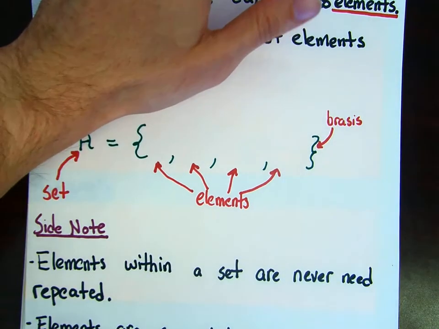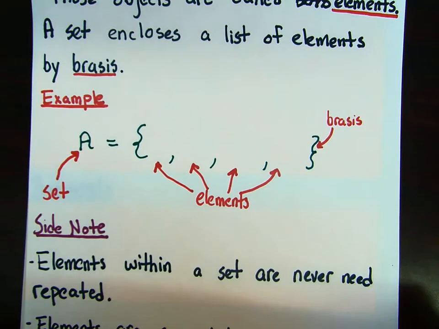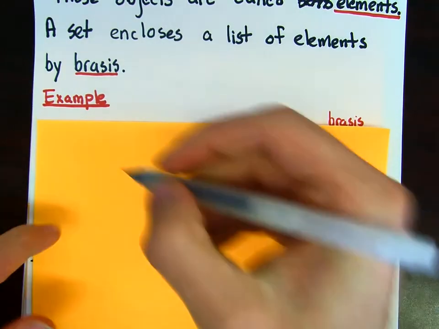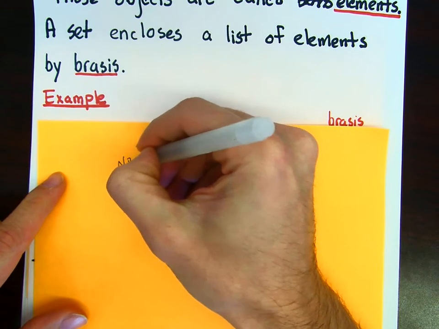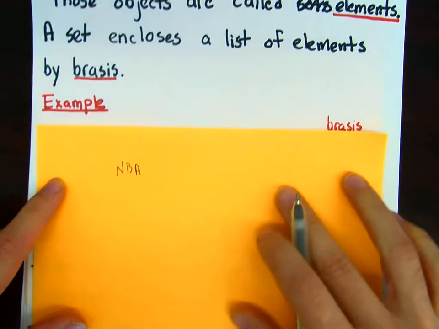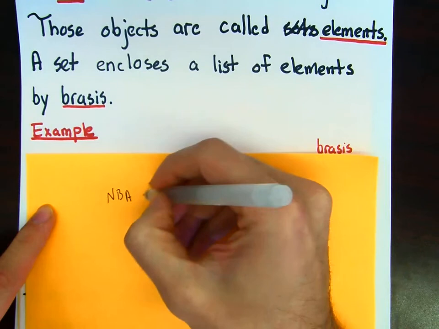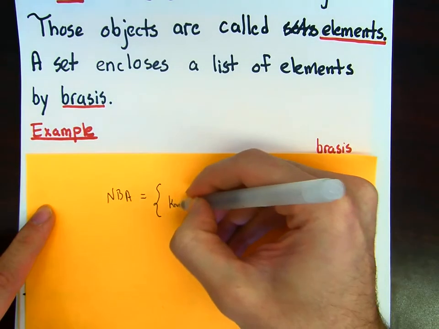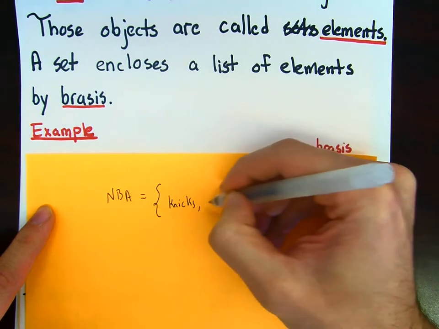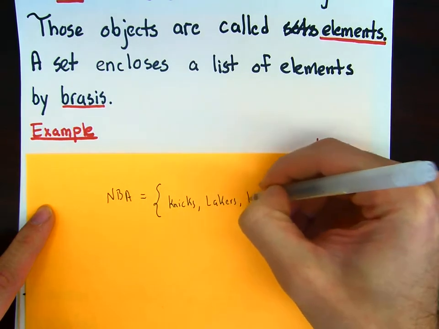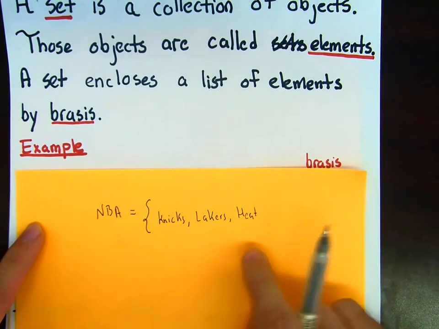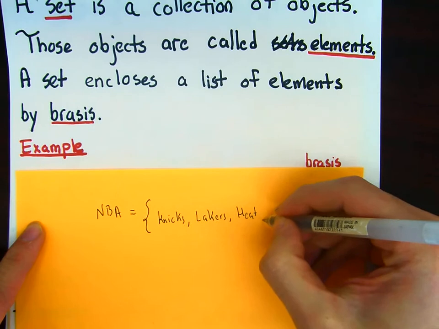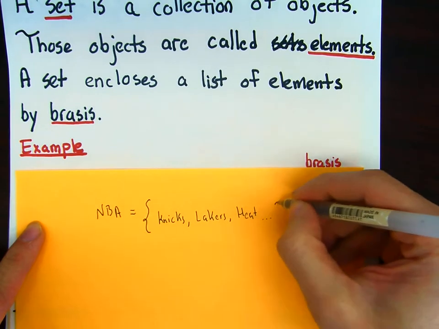And now here you might be thinking, blah, blah, blah. So let me show you a nice little example, nothing too crazy. I like basketball. So if I said, let my set be called the NBA, here's my set. This is NBA. And we're going to say that within the NBA, you have teams, right? You have the Knicks, who I love, but are also terrible all the time. You have the Lakers, you have the Heat. Here are the elements within this set. And notice that I could keep going with other teams within the NBA, and I could close it